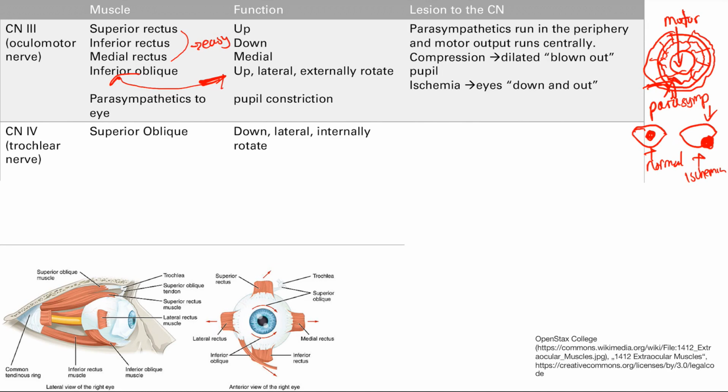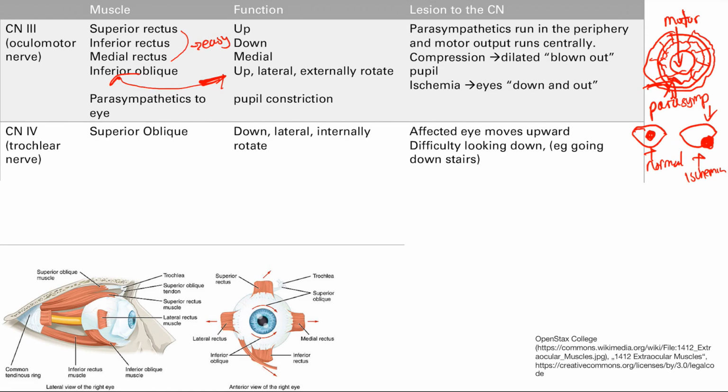So the next nerve is cranial nerve 4, the trochlear nerve. It innervates the superior oblique. Remember that the obliques were the ones that are kind of non-intuitive. They move opposite. So the superior oblique will move the eye inferiorly or down, as well as laterally and internally rotate. So this one's a little harder to guess, but a lesion to this nerve will make your eyes have difficulty moving